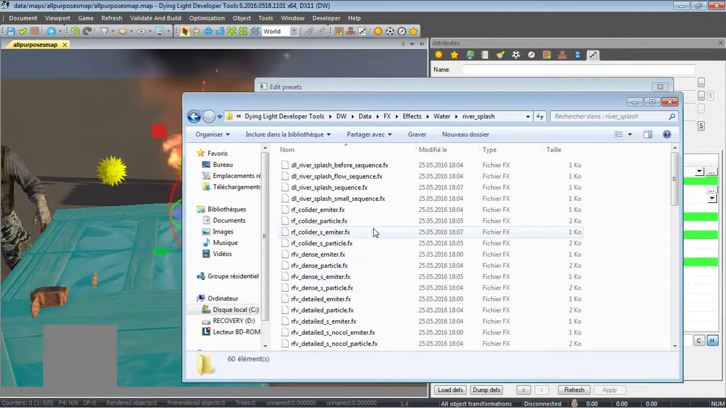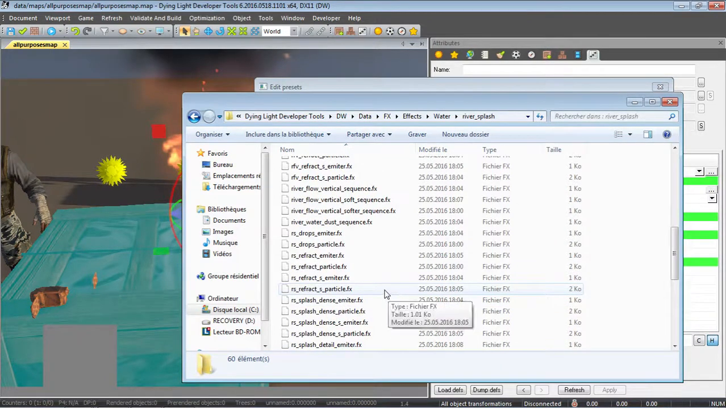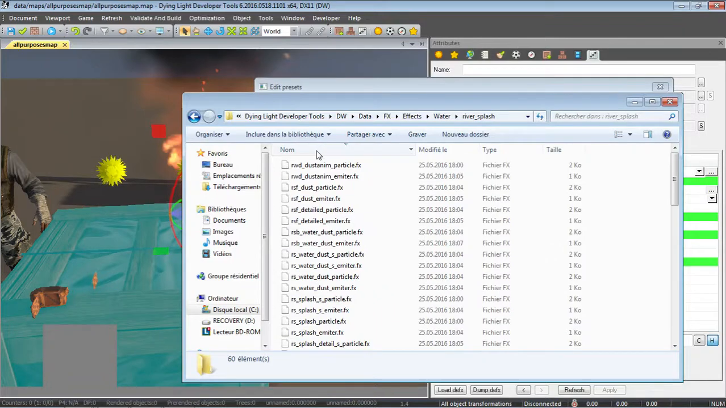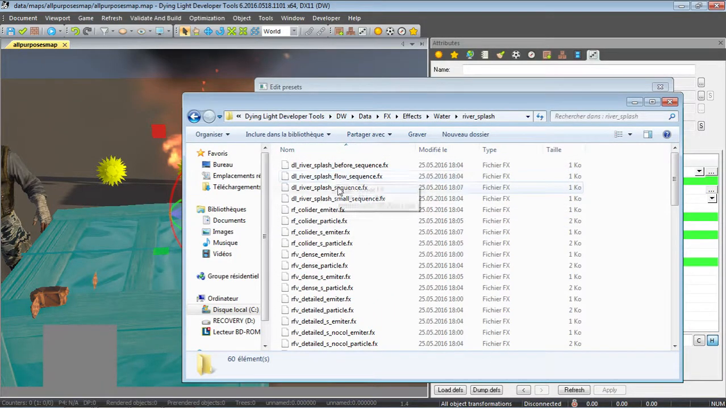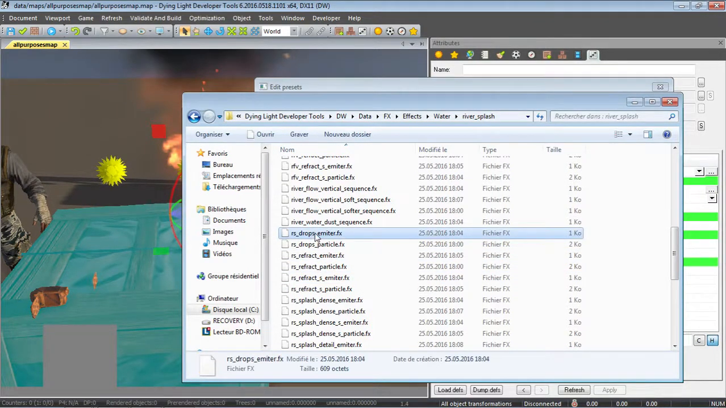Okay, sequence FX have sequence, emitter, and particle. I have 3 files. Okay, I will choose one emitter without sequence. Make sure it's listed with the name. Okay, this one, and you